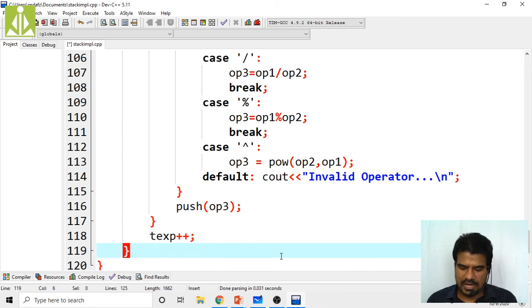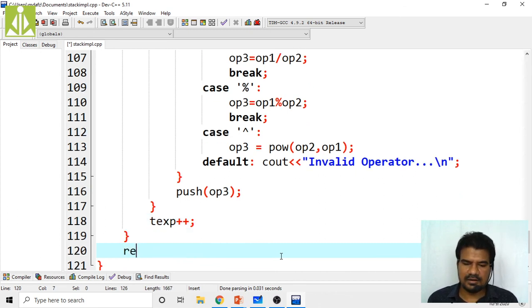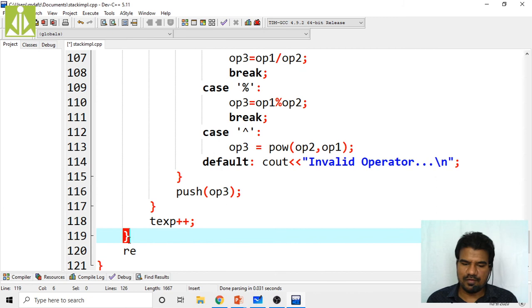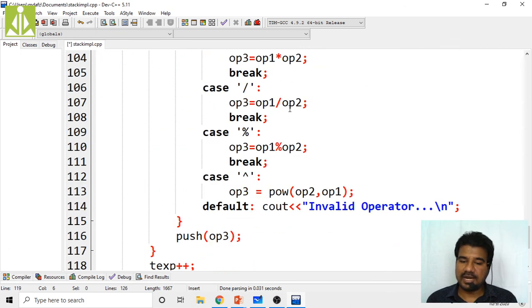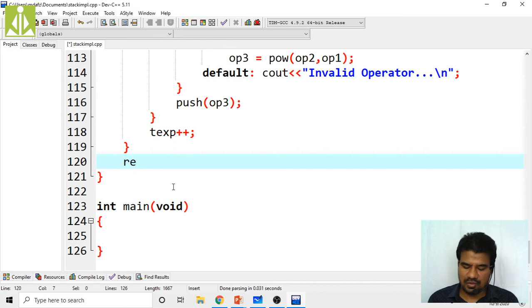So finally, after the ending of the loop, this bracket is going to the while loop. The while loop will exit when you don't have any more characters in your expression. So result equals pop the stack. The final value inside your stack will be the result.